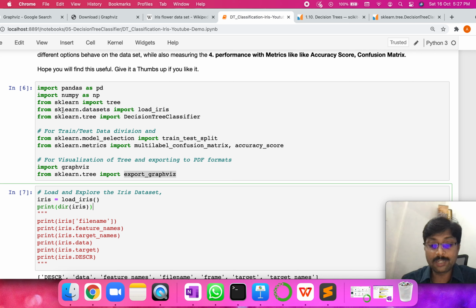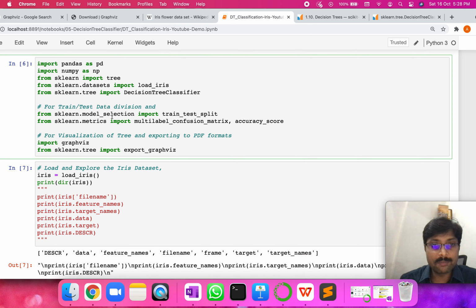It comes with a lot of built-in datasets that can be used to learn and experiment with various algorithms. So load_iris is the particular object that it exposes to load our iris dataset into the program, and then we can train the algorithm on top of that data. There is also something important called train test split. Before we do any algorithm training, we'll have to divide our data into training data and testing data.